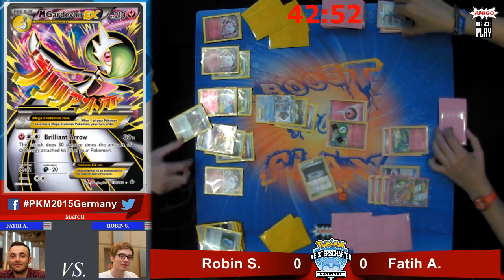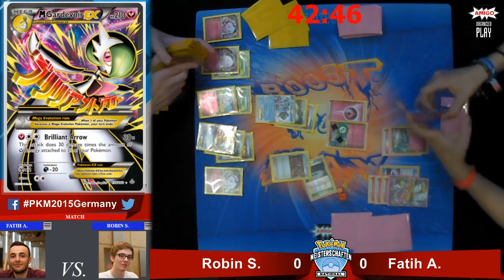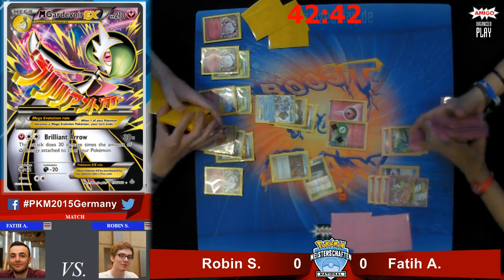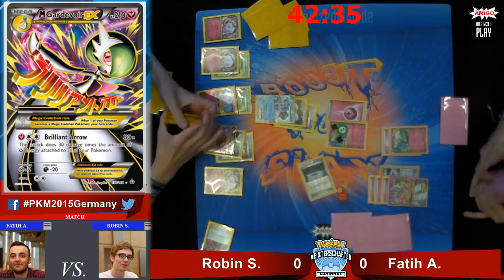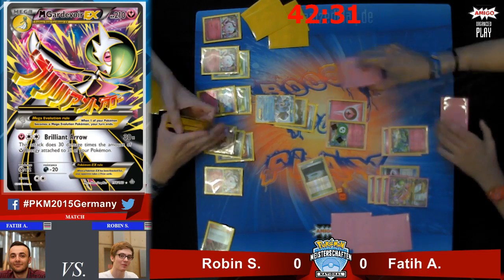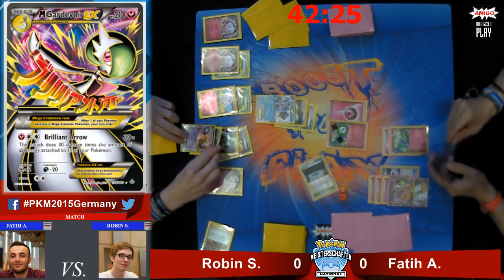So if you're Robin right now, what do you do? You don't. He doesn't have to do anything. I mean, his whole bench is well equipped now. He's only looking for more Slurpuffs. He doesn't have them, and everything else he pretty much has. Yeah. He got the draw power. He got 2 fully stuffed Seismitoads with Muscle Band and...